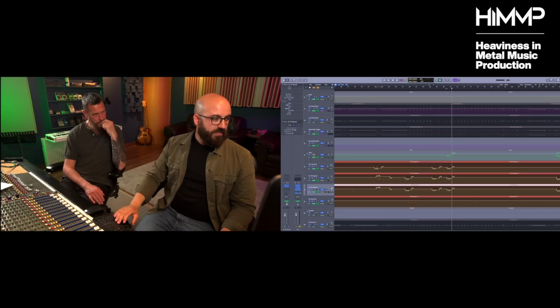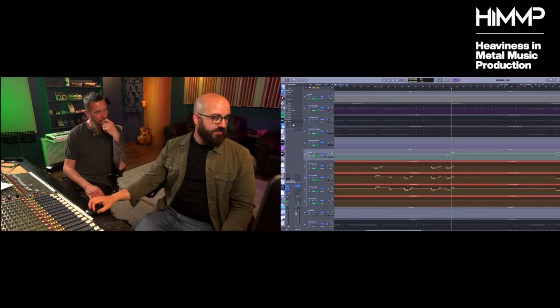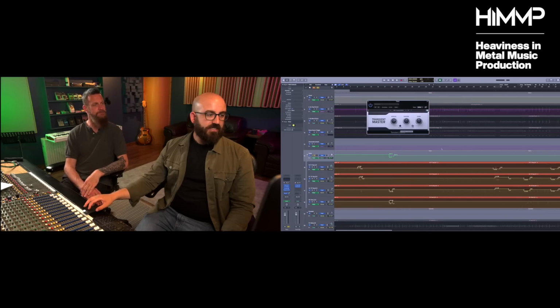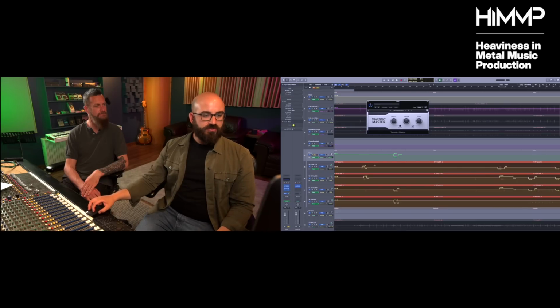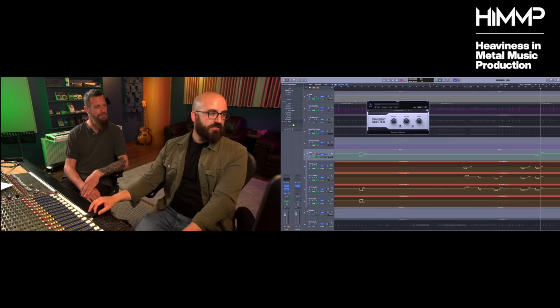They're coming from the sum in this case. What processing have you got on the sum, Adam? So I've got a transient designer, boosting attack and a little bit of sustain, and I'm automating that, mostly trying to ensure that the fast stuff has plenty of attack, and then the really hard hits I'm bringing that down. There's a little flomp on the floor toms here where, with the transient designer set like that, it would be way too attack focused. So on that I've automated down the attack quite considerably.